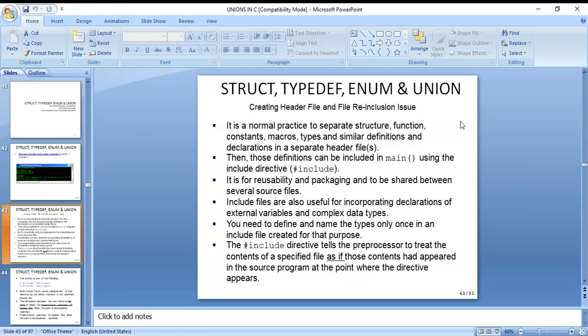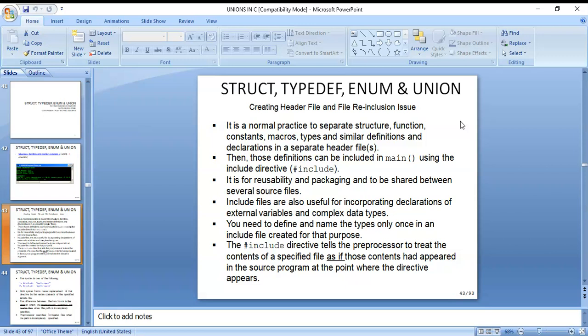If any errors are there, you can see them on the monitor screen and rectify them. The error lines are shown on the monitor, then you go back, rectify those errors, and execute your program again.